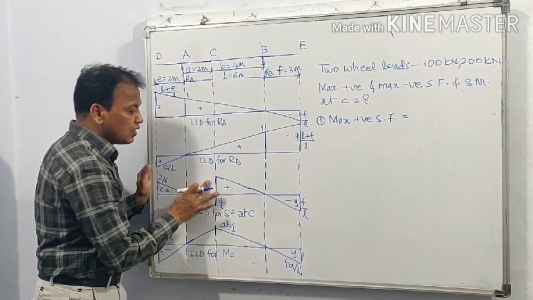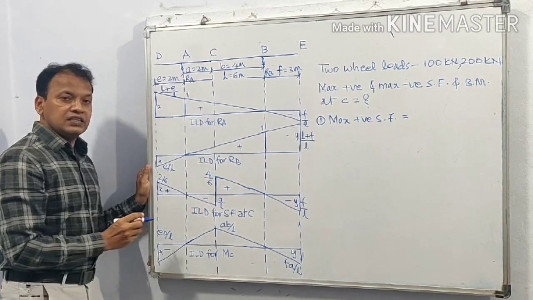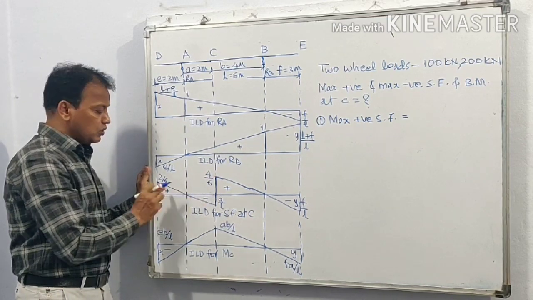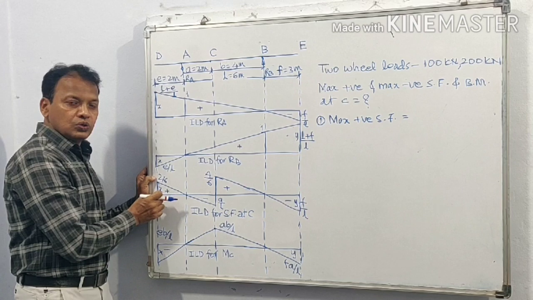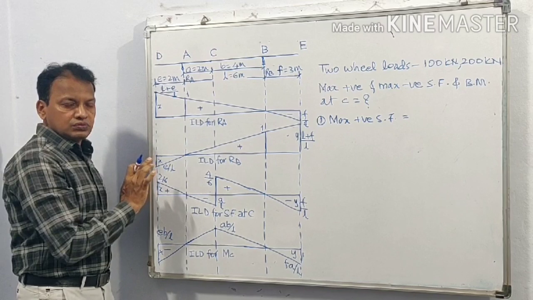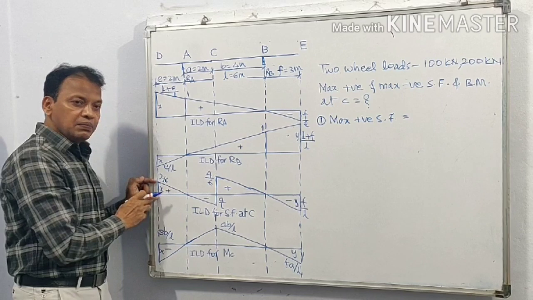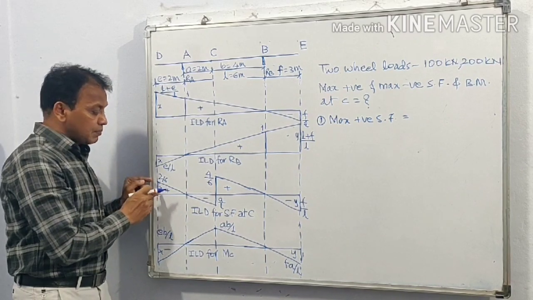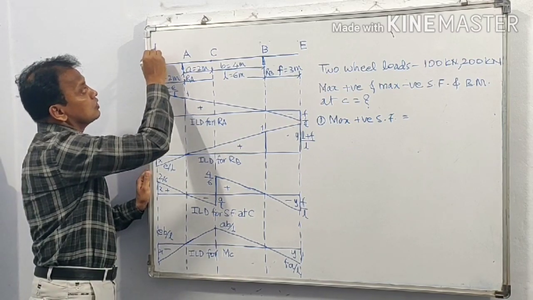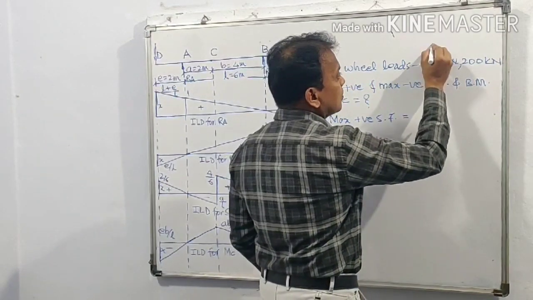Instead of B upon L, as B is equal to 4, L is equal to 6, let us write this as 4 upon 6. So this ordinate is positive 4 upon 6 and this ordinate positive 2 upon 6. Now when load is applied here, both or either any one, that is heavier one, will be multiplied by this ordinate, maximum ordinate. But when two wheel loads are applied here, these wheel loads are